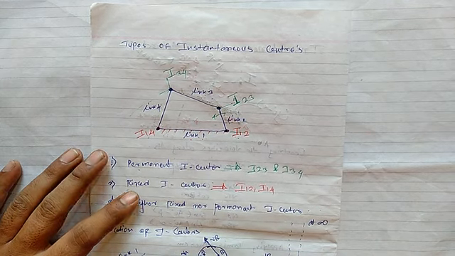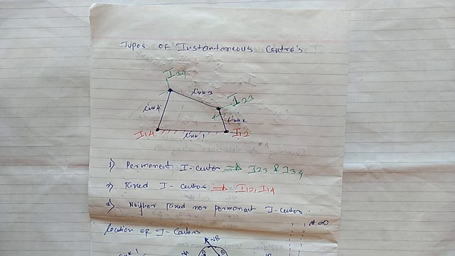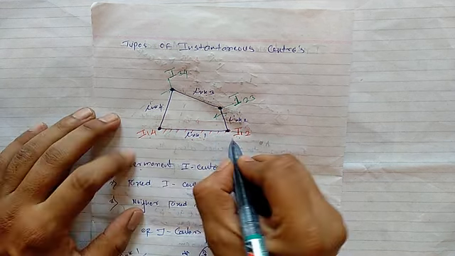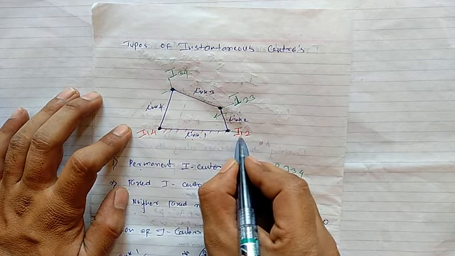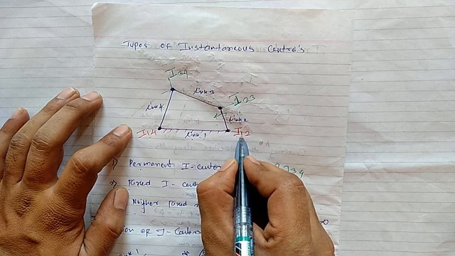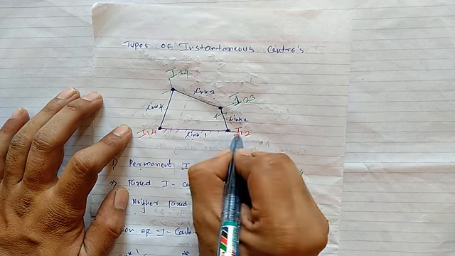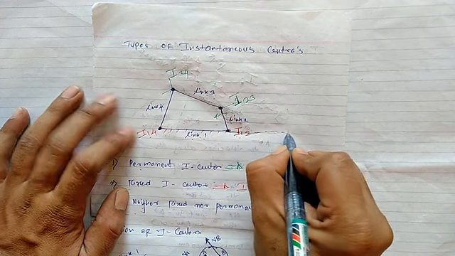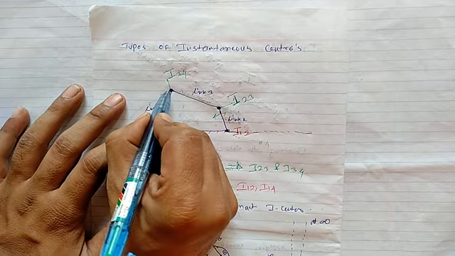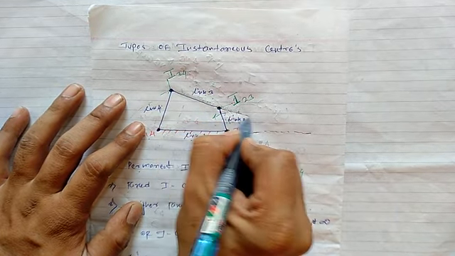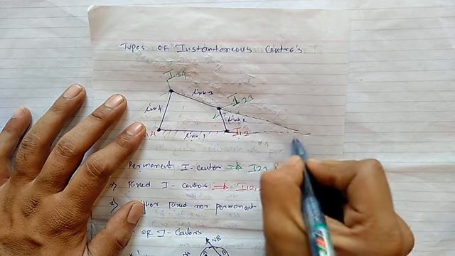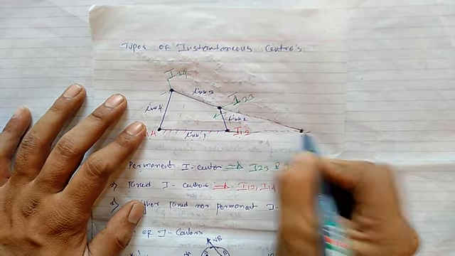So how can we find that combination? That is by considering this. This is I12, sorry, this is I12, I14. You just have to extend it in the backward direction, and I34 and I23, you just have to extend in this direction. So we are getting the point of intersection here.